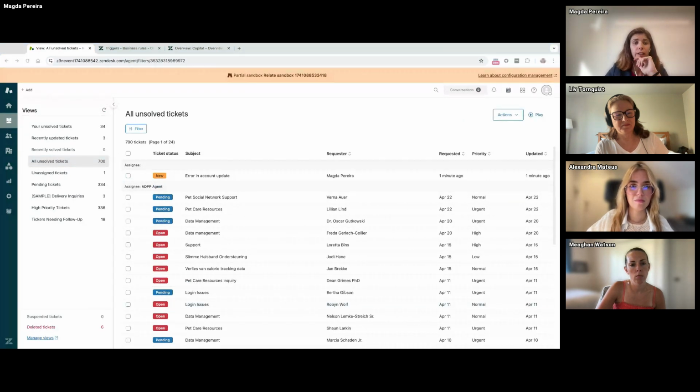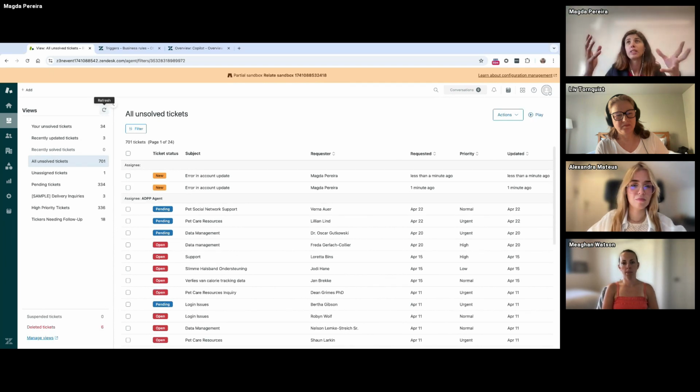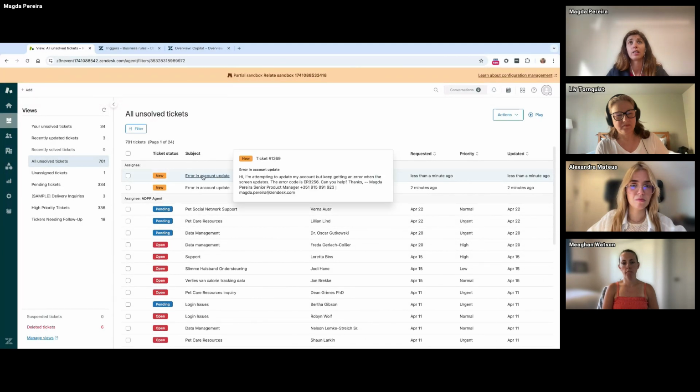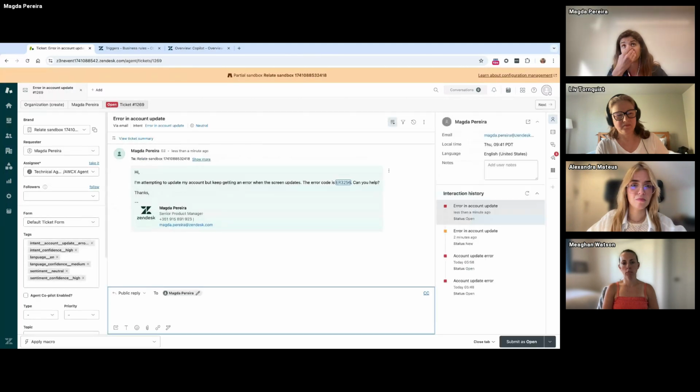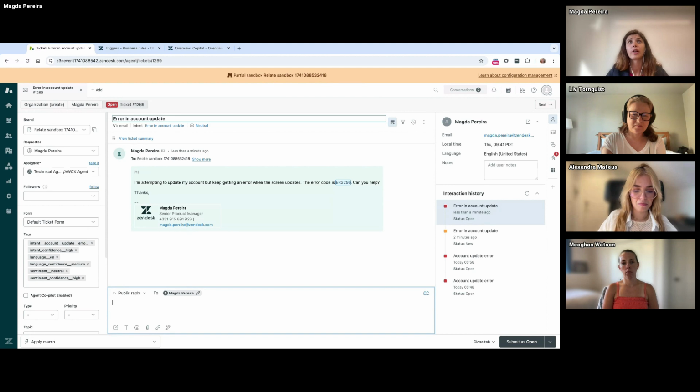So basically, we are now moving to the agent workspace to make sure that everyone is localized. And in here, I will show you what is the view of the agents and what they can expect with the things that we just set up. So this was the ticket that I created. And what you can see here is the email that I just sent, okay? In the header, you are able to see the intent that was detected. And as you can understand, this was the custom intent that we created, okay? And this was the sentiment neutral.